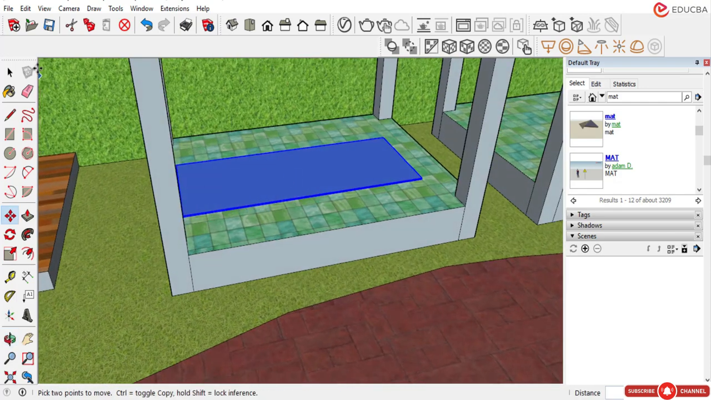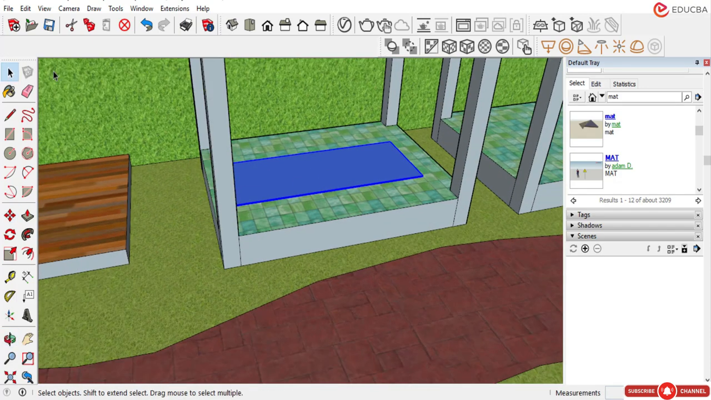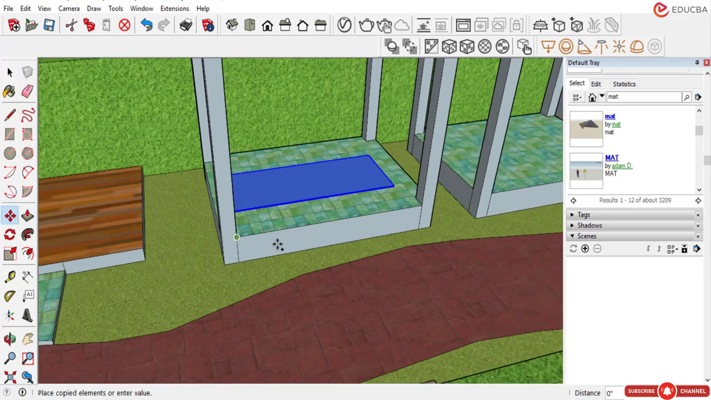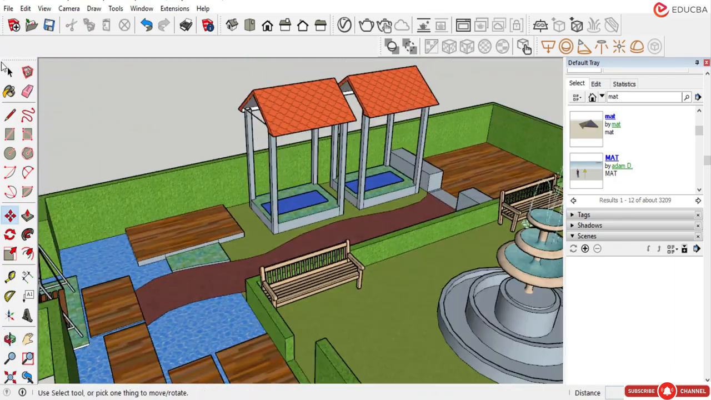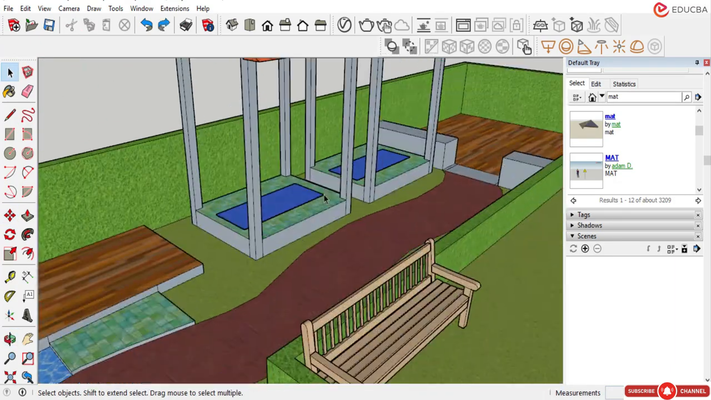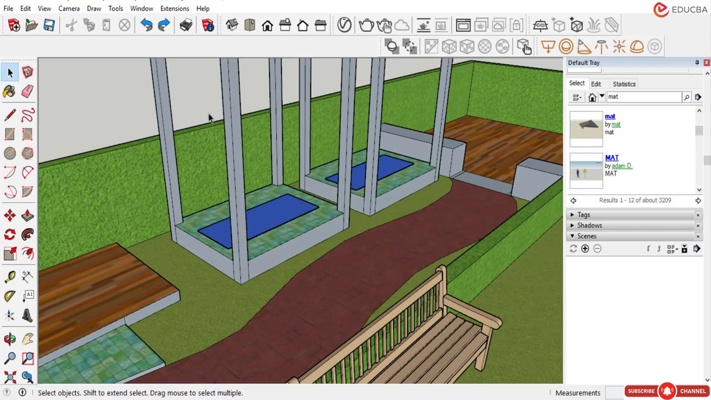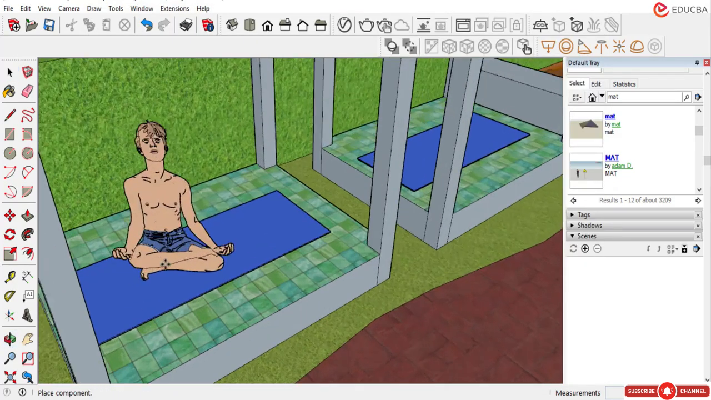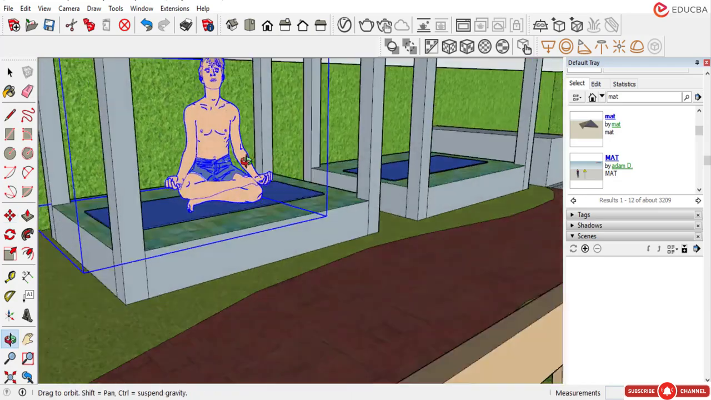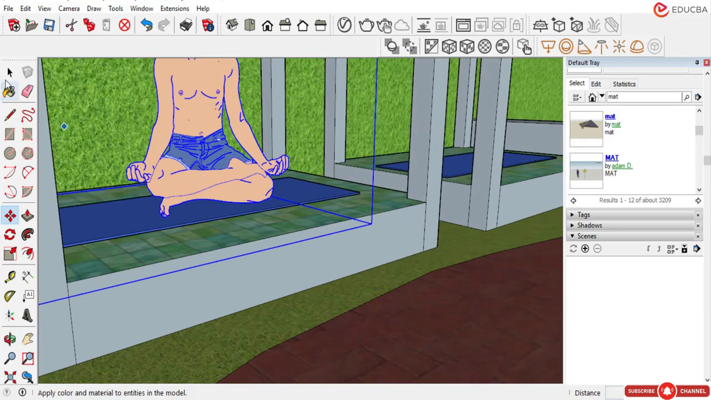Now the same yoga mat is required for another place also. Select this, copy, control point, and another here. So these are the 2 yoga mats I have just inserted. We can show the yoga mat, download here. We can show it like this and move